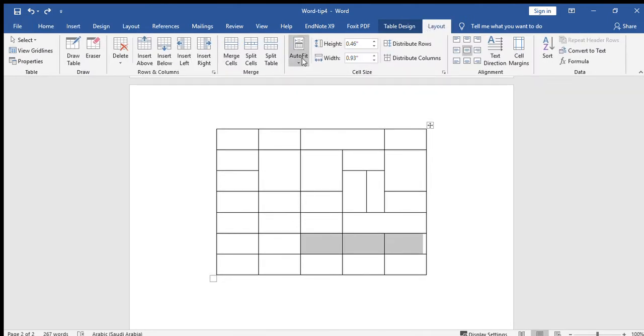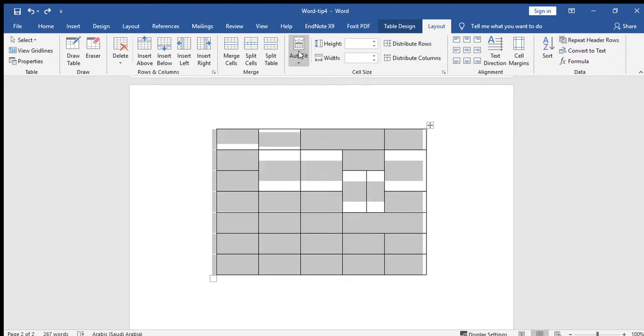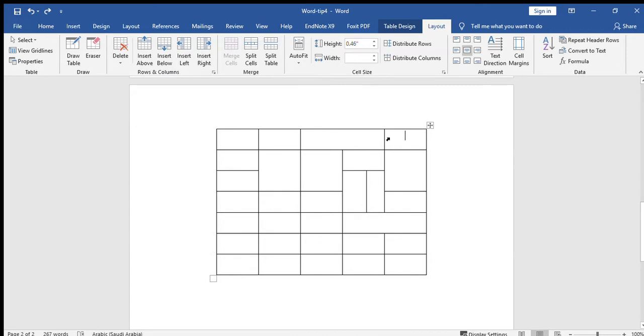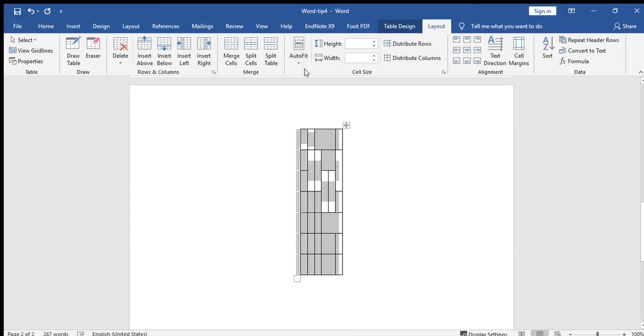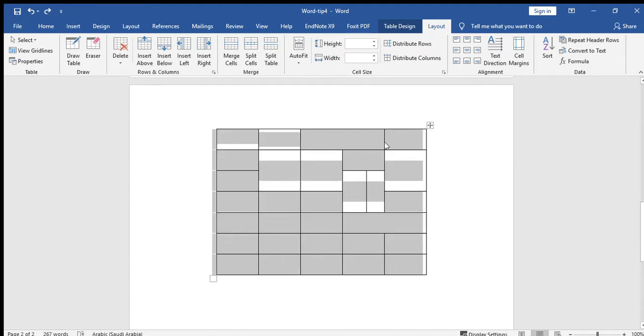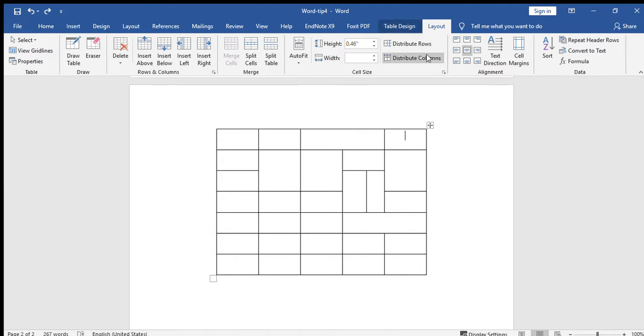Also, you can have the option AutoFit to Contents. For example, when you press this, as there is no content, it will be as small as possible and then undo. Also, you can change height and width, and